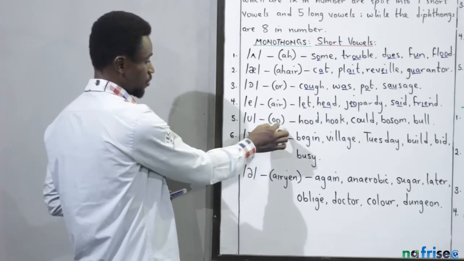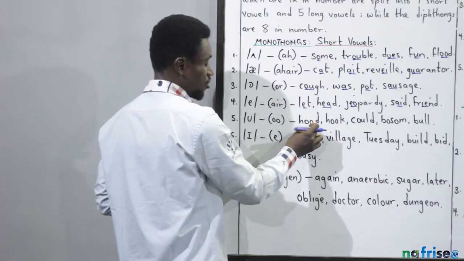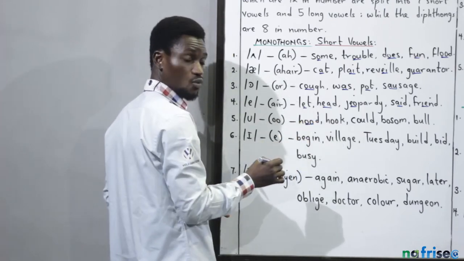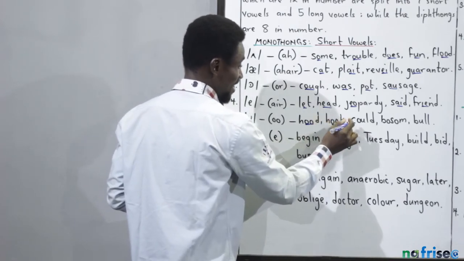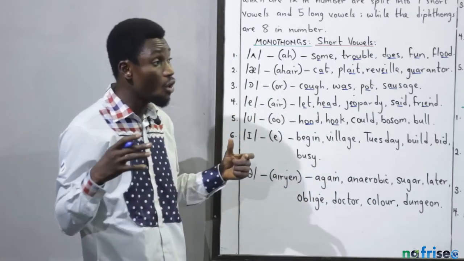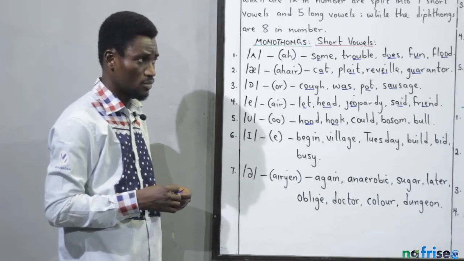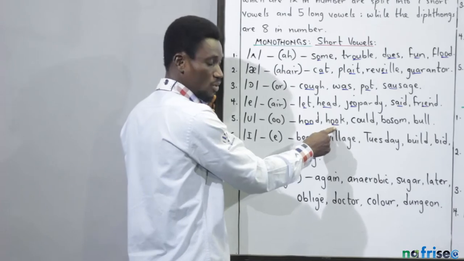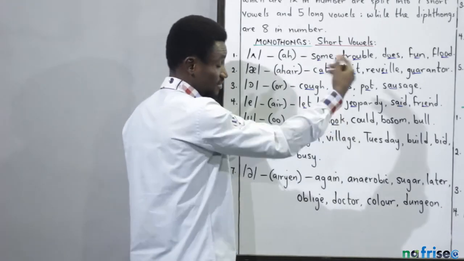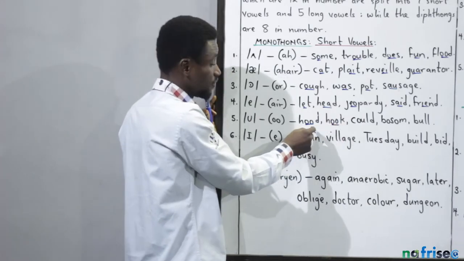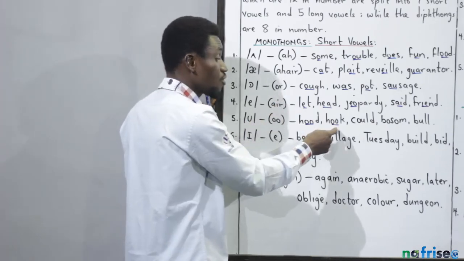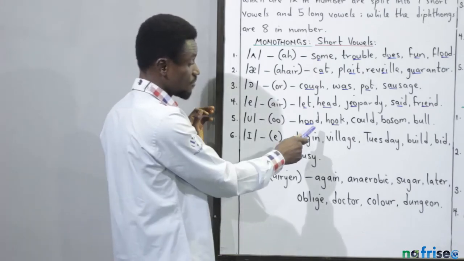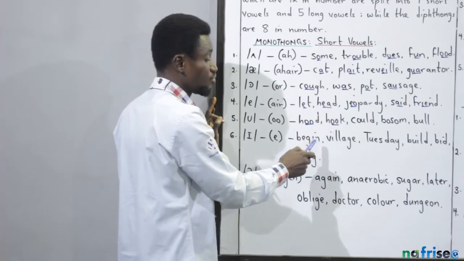Number 5, that is U. Now when you have double O in the middle of a monosyllabic word ended with a letter K, the double O will produce a short U. Or if it's ended with letter D, or ended with letter K. But if it's ended with any other letter, it will produce the long U. So when you have double O ending with letter K, that is, K comes after it, or D coming after it, the double O will produce the short vowel sound. But if the double O comes before any other letter which is not D or K, it's going to produce a long vowel sound. So because we've got letter D after double O, and letter K after double O,